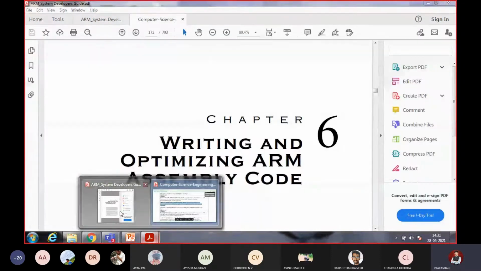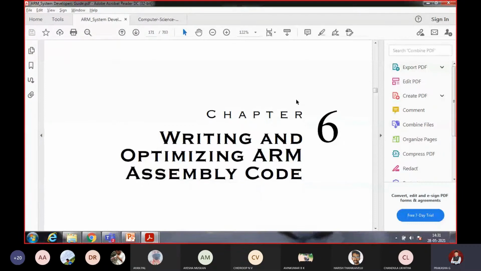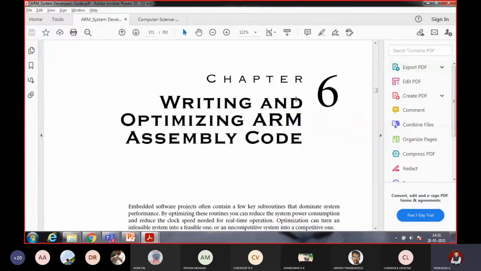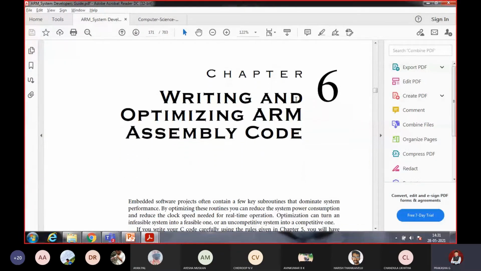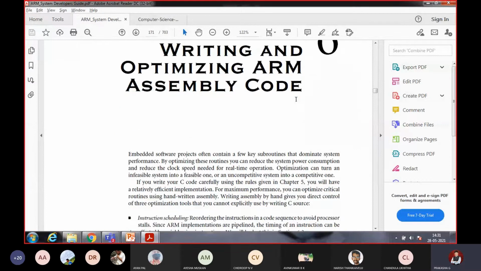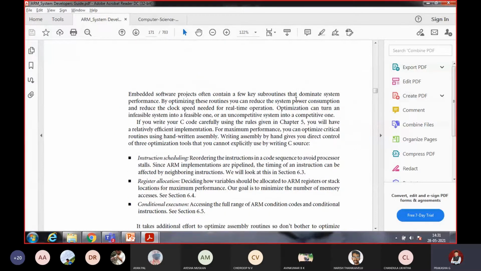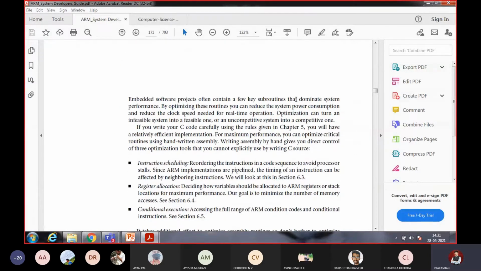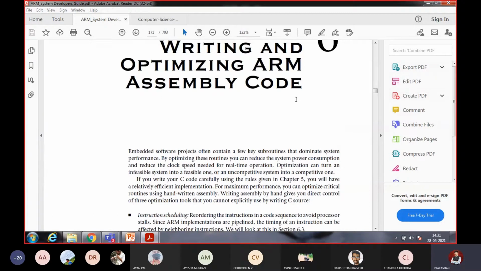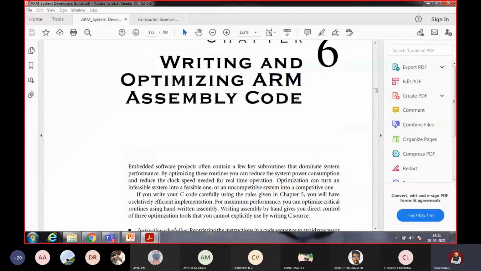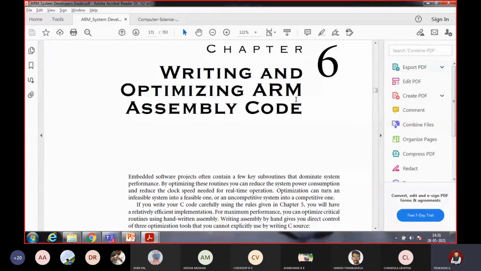Moving ahead with chapter number 6. The topic is writing and optimizing ARM assembly code. We have to write and optimize the ARM assembly code. Anybody can write it, and everyone will have their own flavor of writing the code. But we have to see how we can optimize.